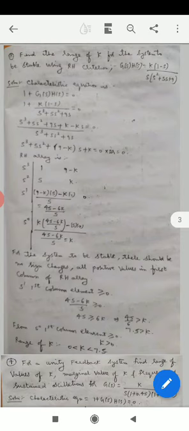So for the system to be stable, what is the condition? There should not be any sign change in the first column of the Routh array. So all positive values you have to have in the first column. In order to satisfy that, the s power 1 row first column element should be greater than or equal to 0. For the system to be absolutely stable, it should be greater than 0.